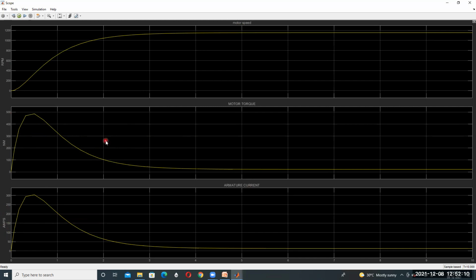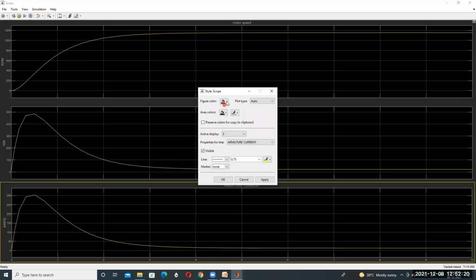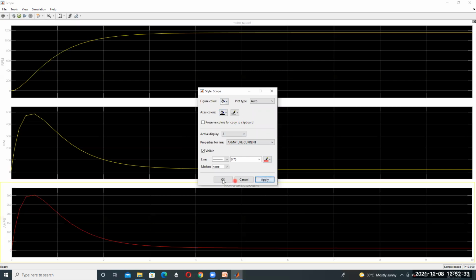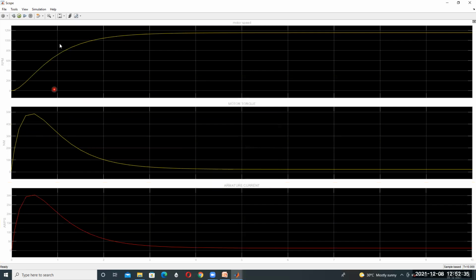So like this, we have to execute this experiment, and we have to change the background of this experiment. Go to here, and then the second icon. Place here a white background. If you want to color the figure, set figure color to white, axis color to red, apply, and then you will get like this. Okay, this is the third one.